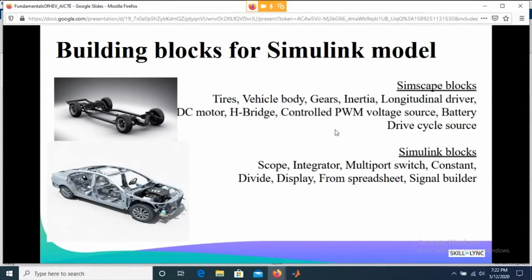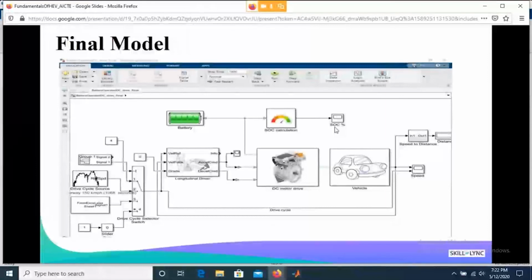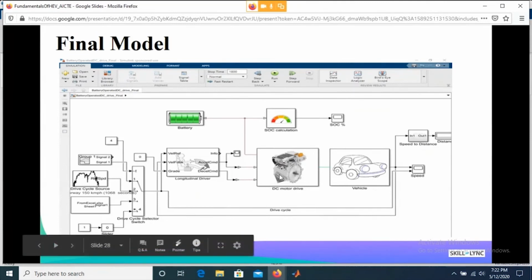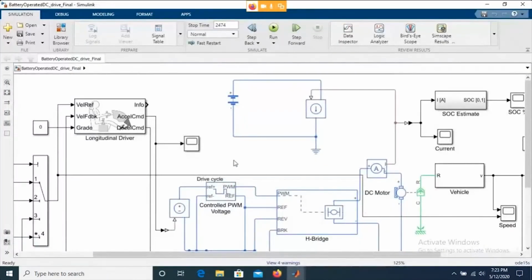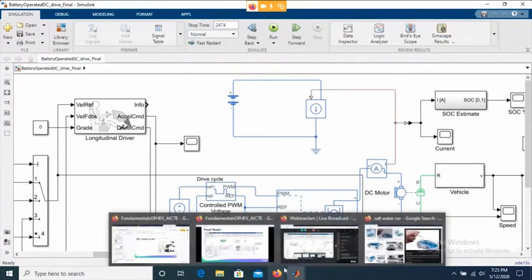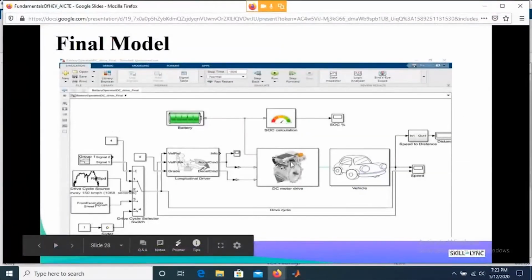So the final model will look something like this, right? You need to do a lot of experiments on individual systems. What you see here is a vehicle model. I have tried to attach a figure, or an image, over here. Here I have a DC motor and the drive, right? If I create a subsystem with this, it is going to be this kind of DC motor drive. I have tried to get you a picture over here so that you get a better idea about what is there.